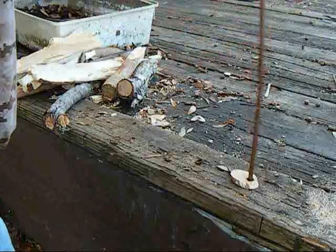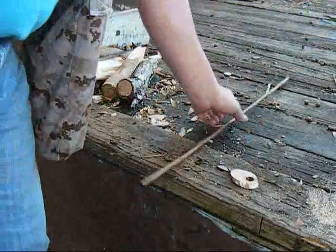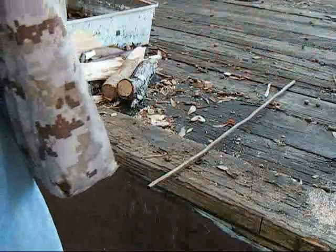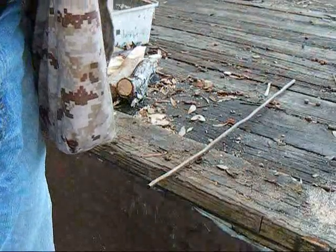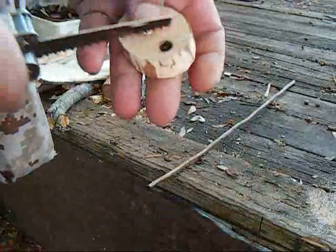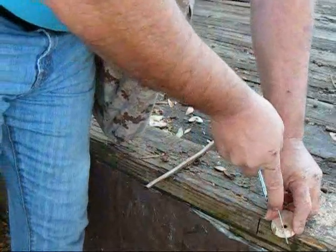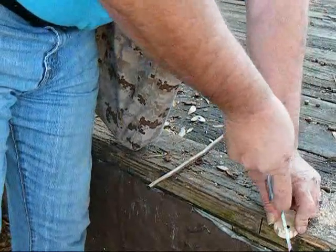Alrighty. Got us a good little pile of black and some smoke going. So what I'm going to do is I had talked about maybe the idea of if we used a small saw to cut that notch, maybe it would do it a little bit easier for us. Of course, the trick's going to be